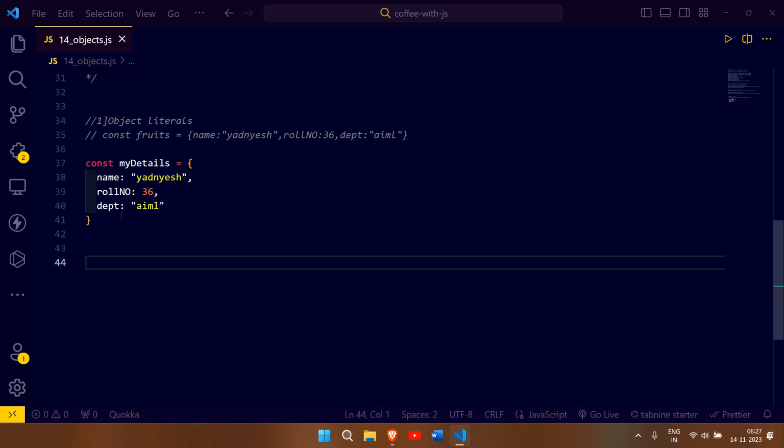Then there's another way, as I told. This was the literal way of declaring an object. There's another way of declaring the object as well, that is the object constructor way. So